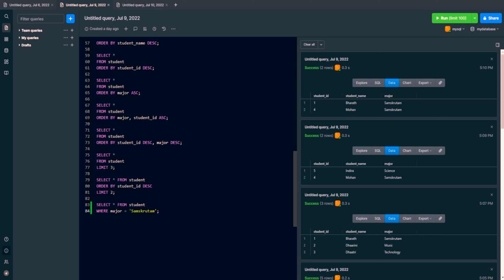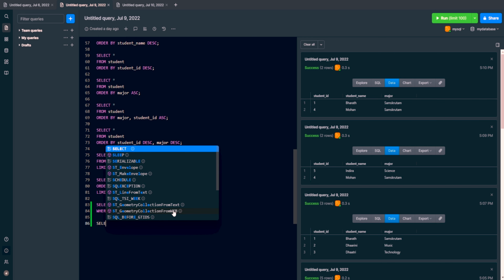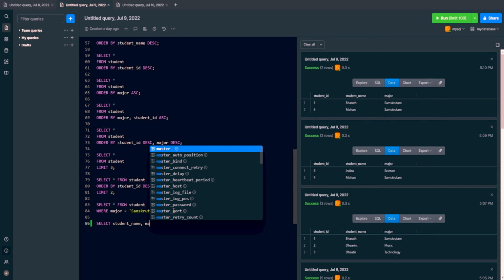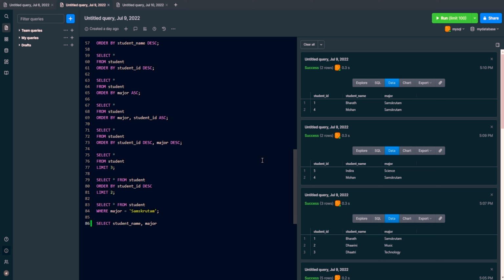Okay, now I don't want to see everything, right? It's the same command, right? Whatever query I have written, I'll use the same thing, but you see, I don't want to visualize the complete table. All right, so you can apply a condition and you can visualize a part of your table by selecting the columns. Okay, so you have to say select the student name. That's the first thing I want to see, and also I want to see maybe the major, right? Select these 2 things,